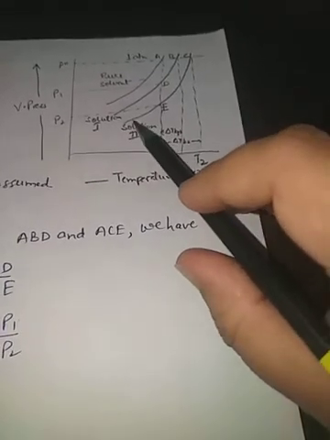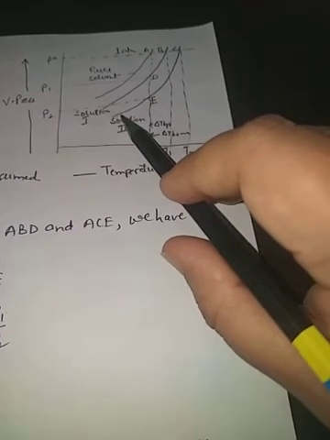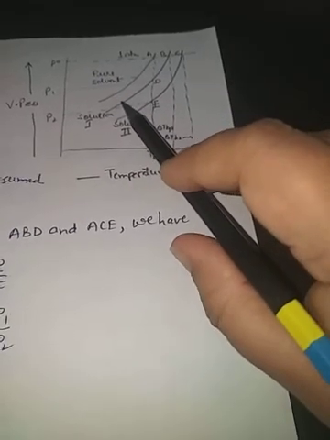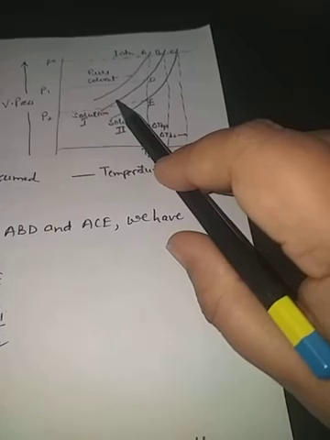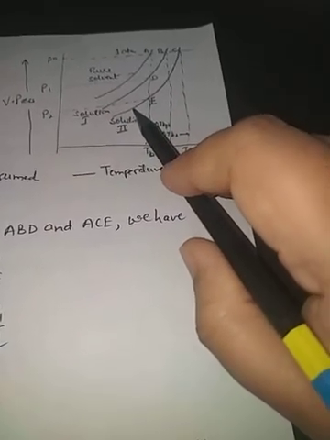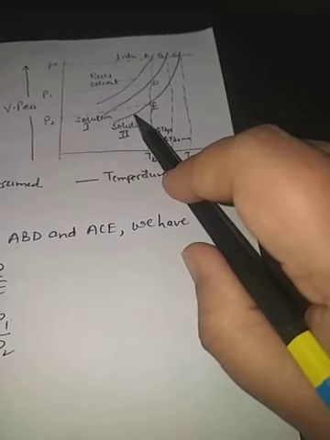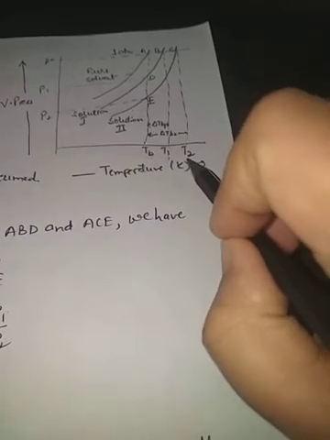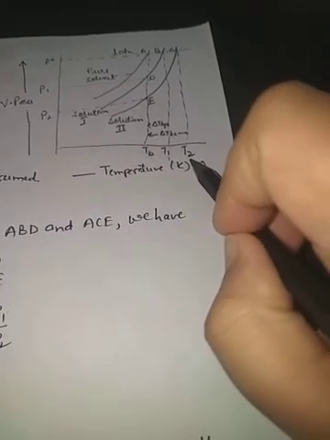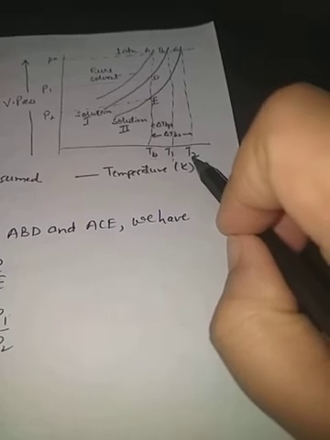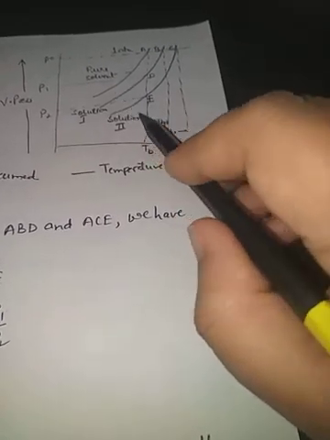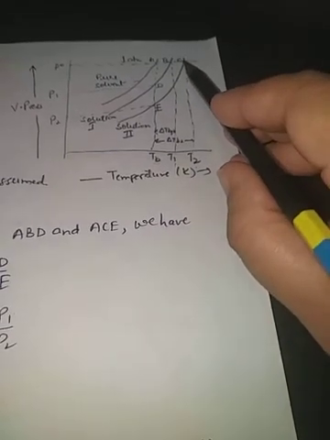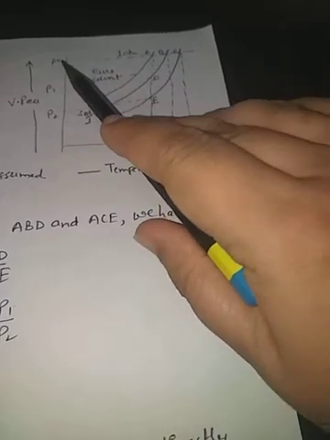Next is solution 2, in which more non-volatile solute has been added. See, this is the pure solvent. This curve is showing in which we have added a non-volatile solute, and here we have added more non-volatile solute to it. It means to make its vapor pressure equal to P naught, we have to give more temperature to it. It will be T2. It will be the highest temperature supplied among all these three, and at this temperature T2 its vapor pressure will become equal to the vapor pressure of the pure solvent, that is P naught.